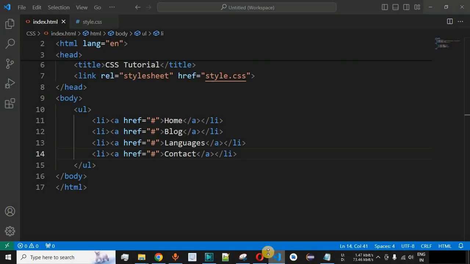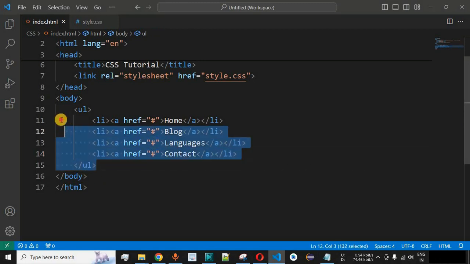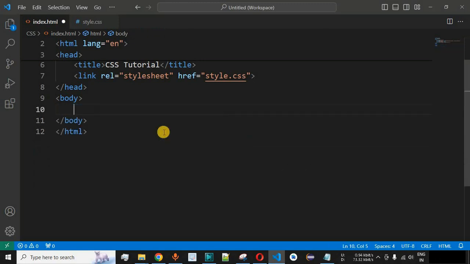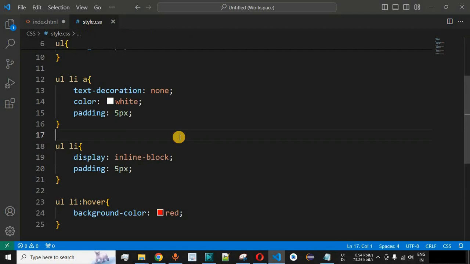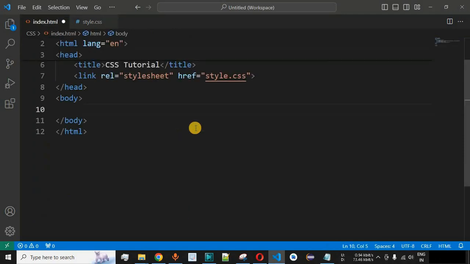So let us move to the VS Code over here, and we will remove the previous lines of code that we had written previously in the HTML and the CSS files. Now, in the HTML file, let us create a div. Over here we will have the div tag, and for this div tag we are going to give the class name as static.